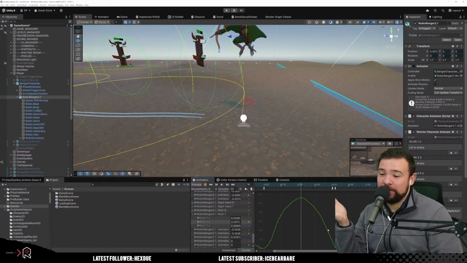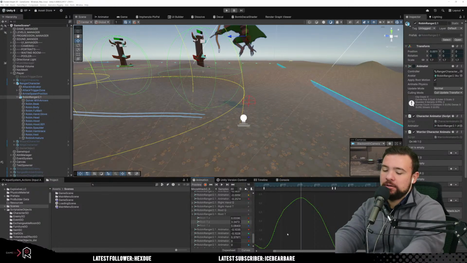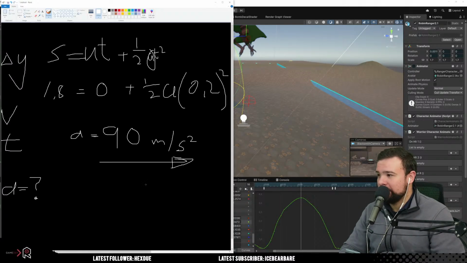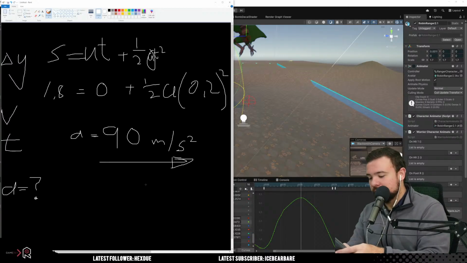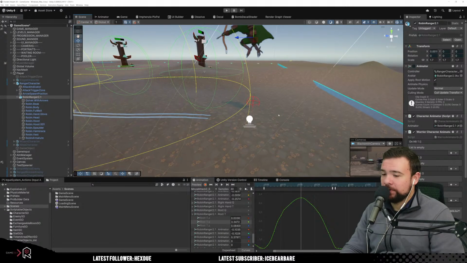Because now she's actually falling way further. Okay, 2.34 and 0.3 seconds. Let's plug that into our formula here. 2.34 times 2 divided by 0.3 squared. 52, okay. No, the math is actually in our favor here. So if that was the trajectory, then she's actually going to move...